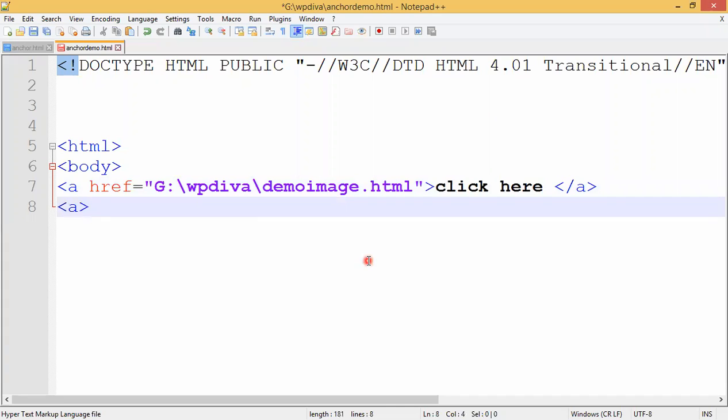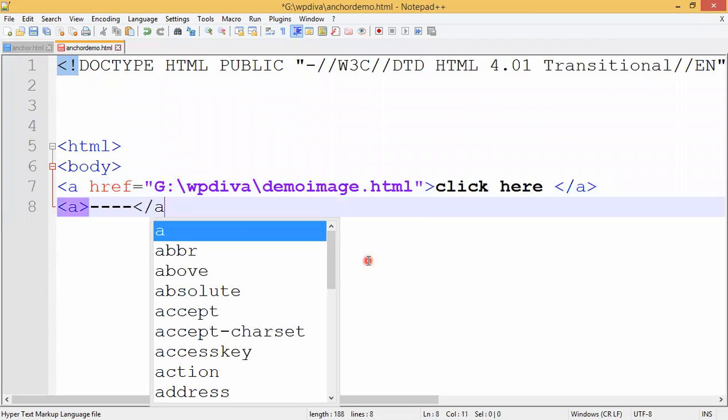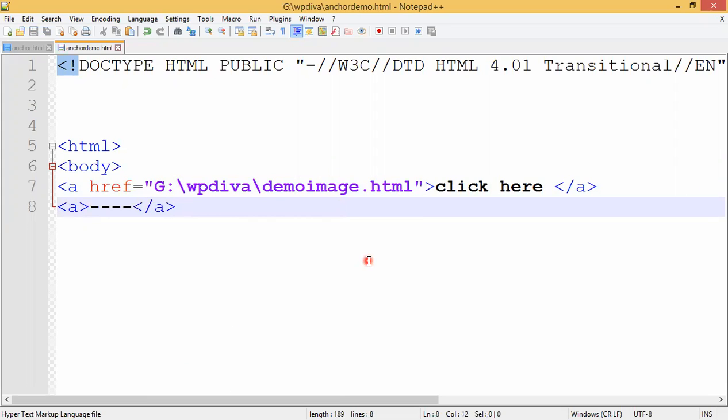So in between this, what you have to write? You have to give the text which will act as a link, right? Which will act as a link. Clear to you? Opening of an anchor tag, closing of an anchor tag. In between this, what you have to do? You have to give the message, or you have to give the hypertext. Clear to you? So here, guys, make a note. This is called the file which is displayed, and this is called a hypertext or hyperlink. Click here, right? So when you click on this message, what will happen? This file will occur, right?